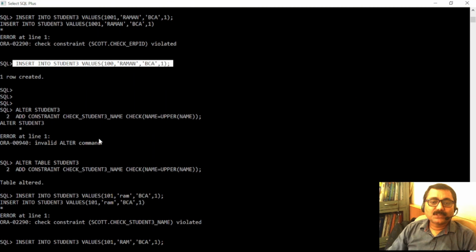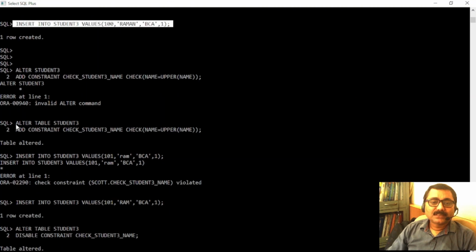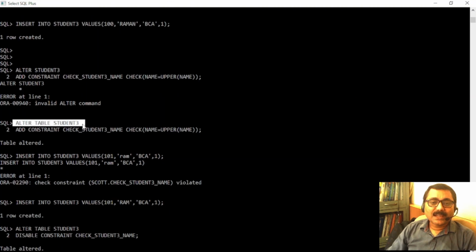Then I tried to add a constraint which will take care of whether a name entered is in uppercase or not. So this is the command: alter table name, add constraint name, check_student_name. Take care that the name should be in uppercase.